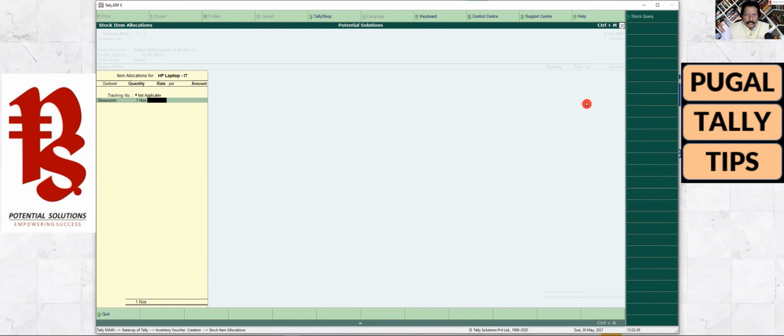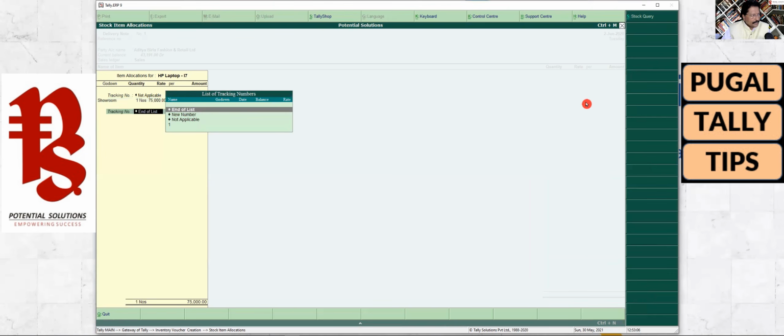So what is the rate at which you are selling? Now for the first time, you will enter here so that it will retain. Once you have entered the sale price, it is going to retain, so that later on if there is a difference in the price, you can always enter. Tally will always remember your previous outward rate that you have entered. Let's say I'm going to sell this at 75,000.